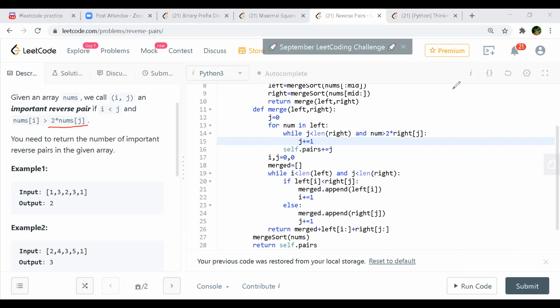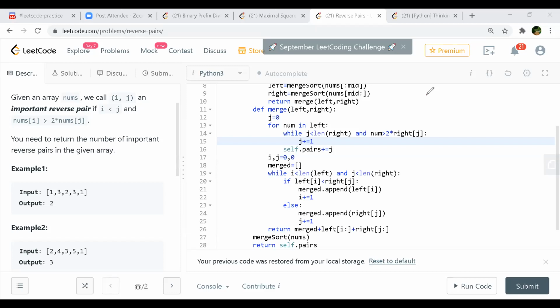So anyone wants to share any other, or shall we go next? Shashank, one thing, you are doing a linear search now, you can also do binary search in the reverse way, right? I mean, you are checking for nums of left in left, how many of them are greater than 2 into j, right?